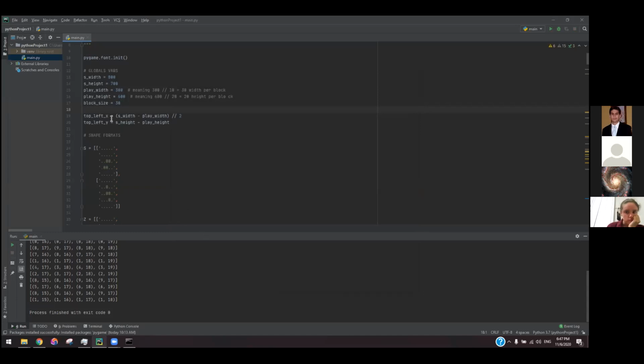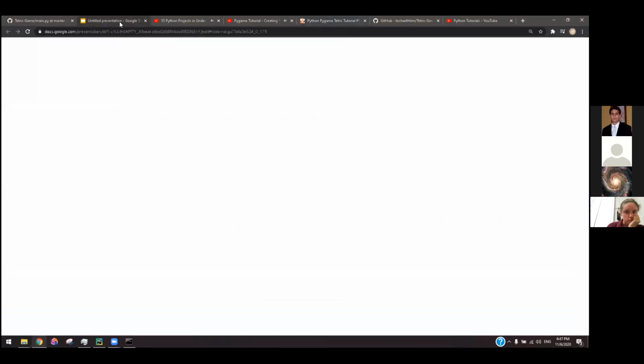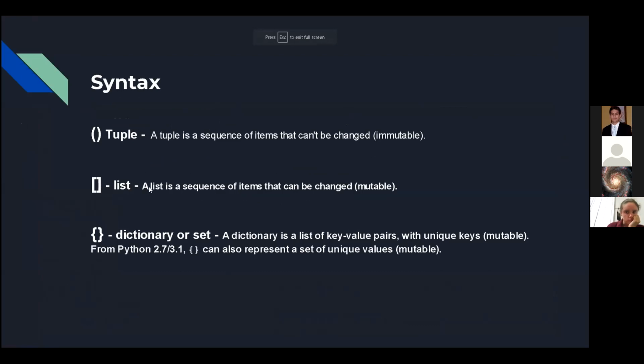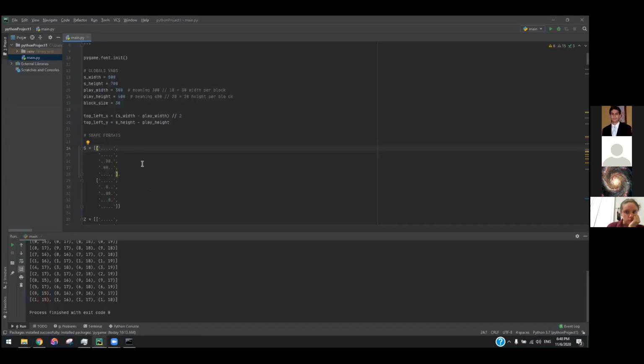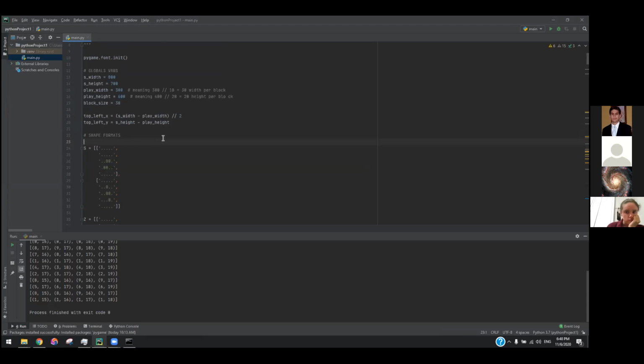So now, the first thing that we start, in this case, he did it this way, but you could do it different ways. So you see, he's using these brackets. And if you remember from the presentation, what are these brackets? These brackets are lists. And you can go and find out all the methods and stuff you could do with lists. Lists are pretty useful because, as you see in this case, he's nesting a list inside of another list. So he has a list of lists. And he doesn't even have to call it. He's just like S, and then just do it. That's how cool Python is.